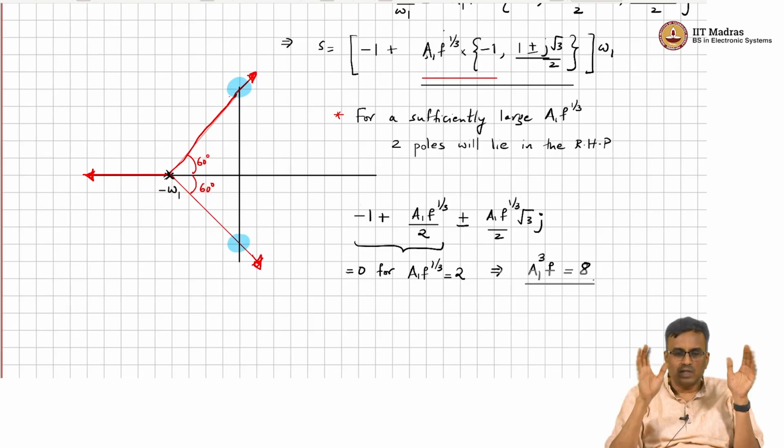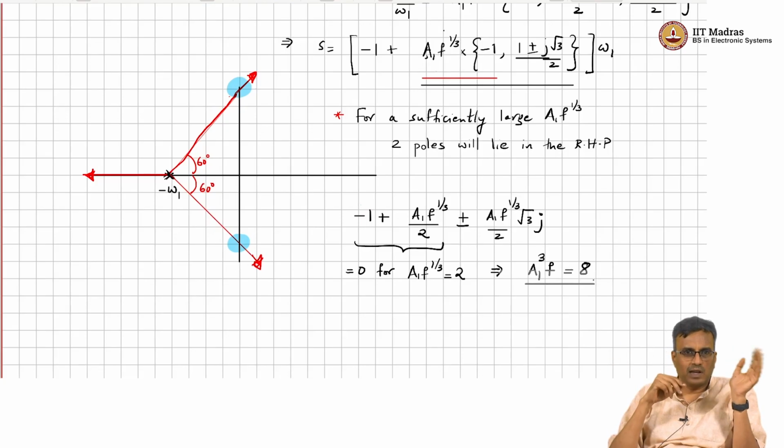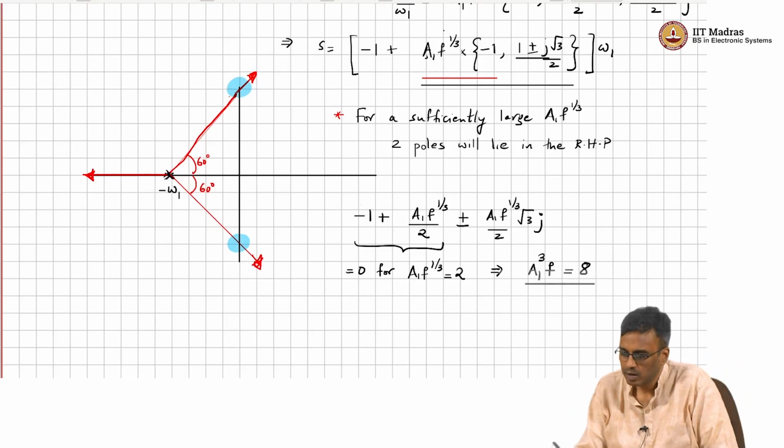If this was done, then you have the best of both worlds, namely stability as well as high DC loop gain. And to see what we can do,